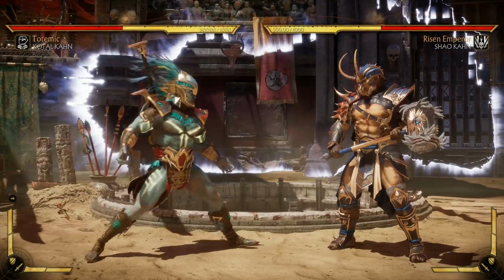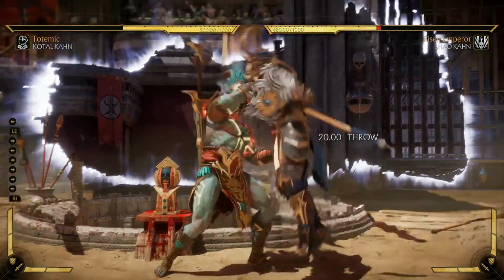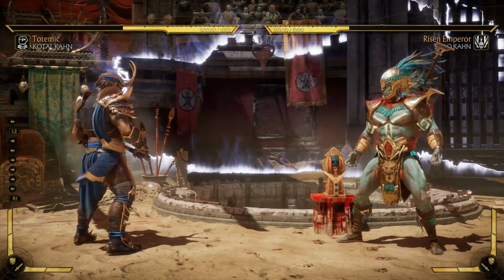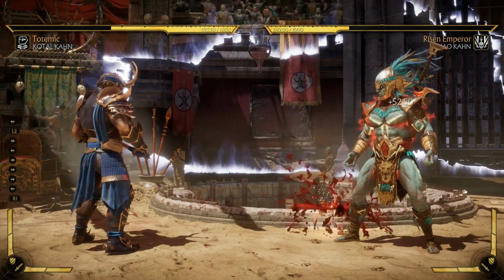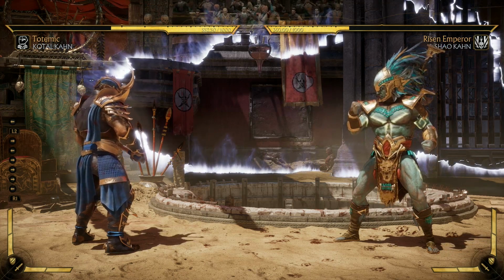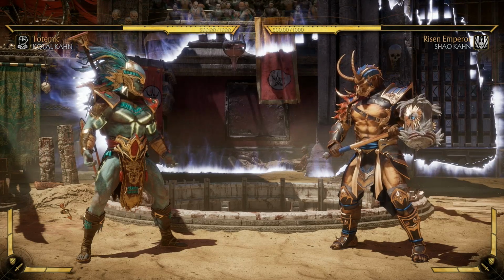So let's see, we're going to pull up this totem here, the little smiling totem. We're just going to do a throw here. And we're going to pay attention. I've set Kotal to 500 health, so off of a throw, Kotal gets back about 52.5 health, which is quite a bit of health, I'm not going to lie, especially if you're kind of in a clutch situation, you know,